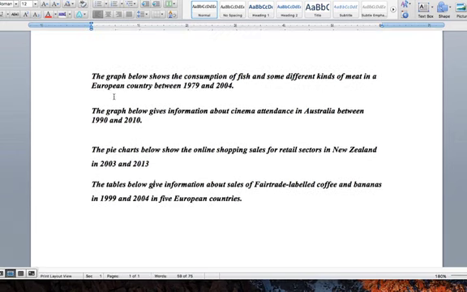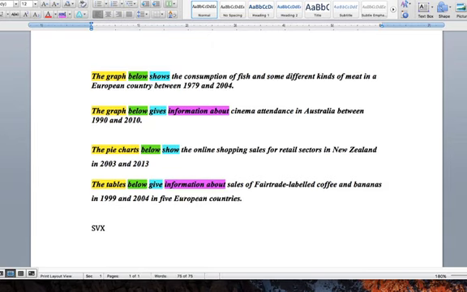Now what I want to show you is that they all have the same structure. What do we start with? It all starts with a noun phrase, like that. They always have that. Then there's always the word below. It's actually part of this noun phrase, but I'll make it a different color. Then we have our verb. Then sometimes we have information about or data on, and sometimes we don't.